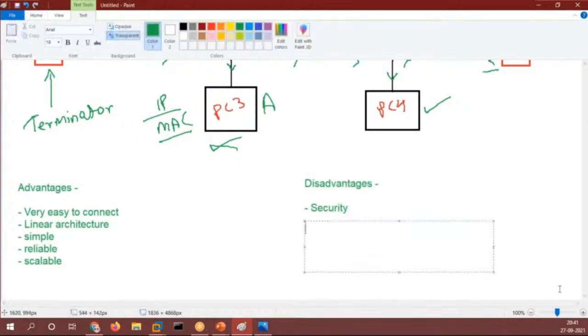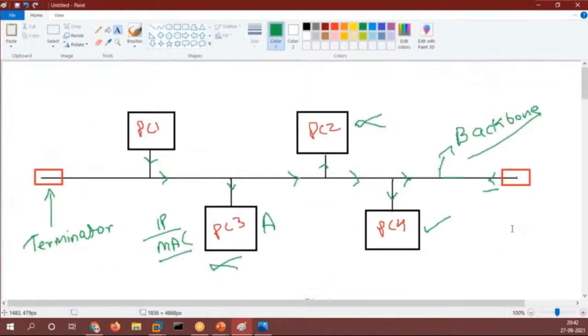Now, one more disadvantage is it is not good for large networks, right? It is not good for large networks because the length of the cable will increase. So with the increase in length, what will happen?